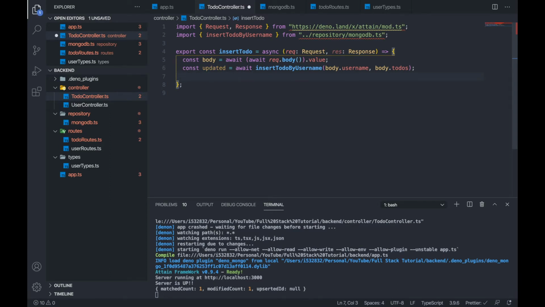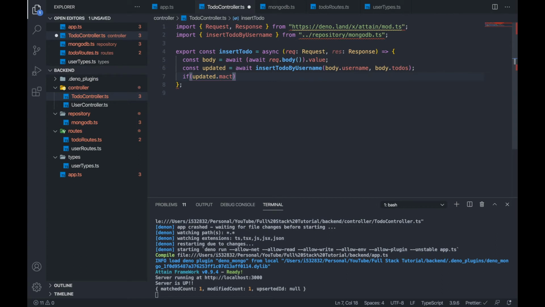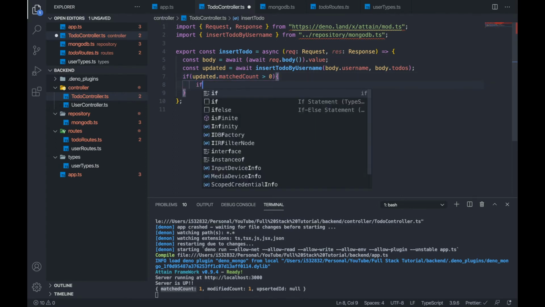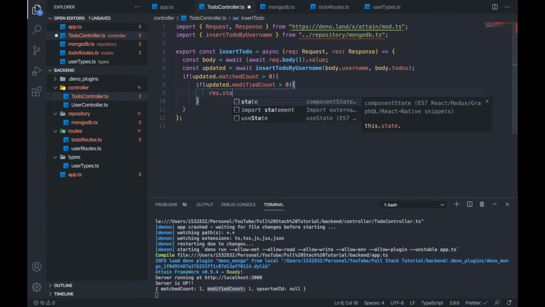We'll say if updated dot matched counts is greater than 0 if it matches any, and if updated dot modified count is also greater than 0, then we'll send dot status will be 200, and we'll send